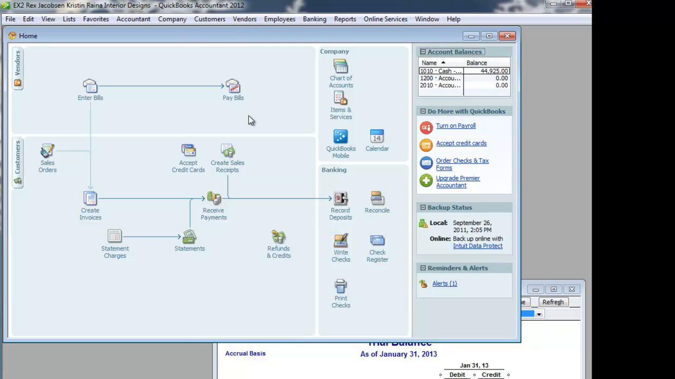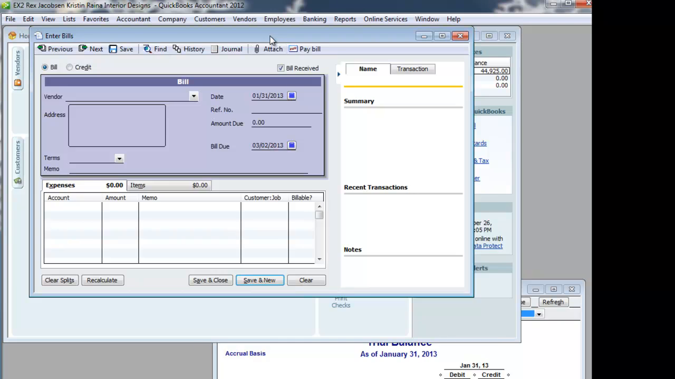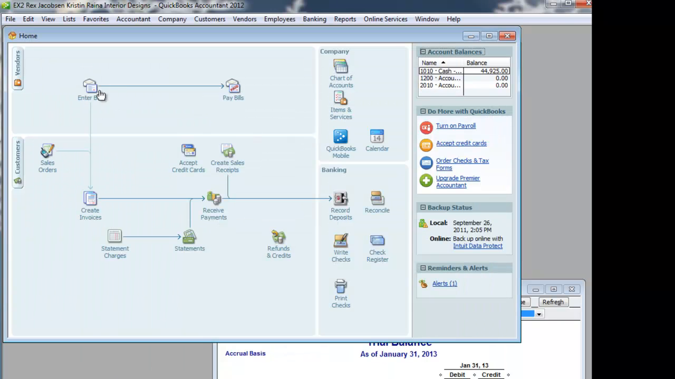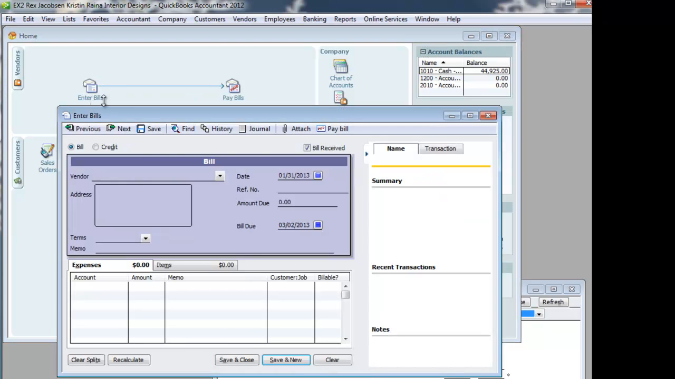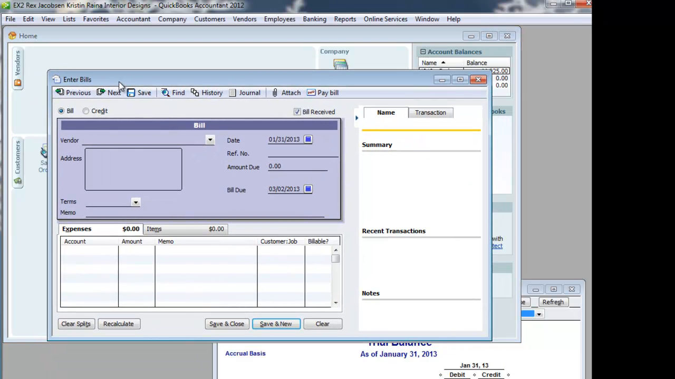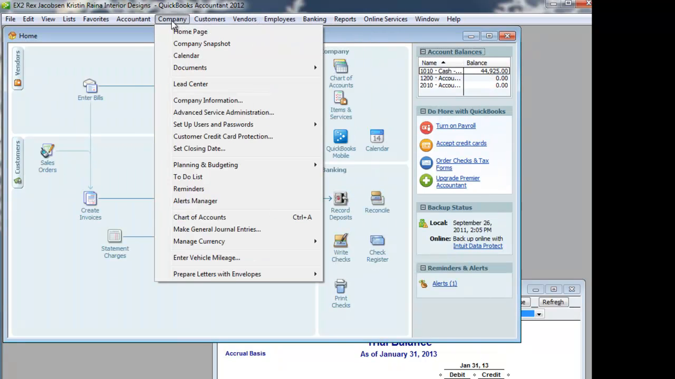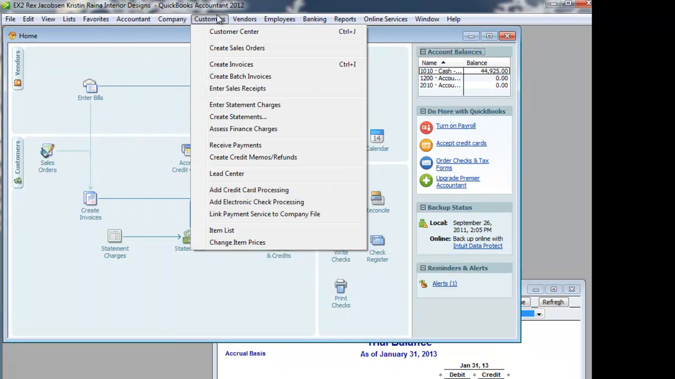Vendors. Notice this is our vendor section. So with our vendors, we could enter bills. Notice we have Enter Bills here and Enter Bills here. Let's open this up, and the Enter Bills window opens. I'm going to close this, click the Enter Bills icon, and show you that it takes you to the same place. So what this book is going to do is show you how to use these menus, which for some people is not very intuitive,